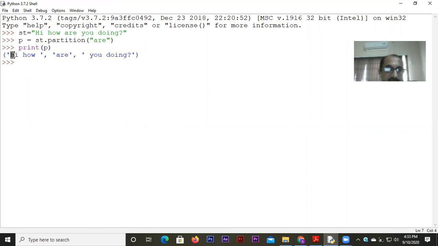In the first element, we have the portion which is there before the searched string. My search string was r, and r was rightly found because the substring r is very much present in st. So everything from the beginning till the beginning of the substring r has been taken out and made part of the first element of the tuple. Look at this: "hi how", and after "how" the space is also part of element 1.